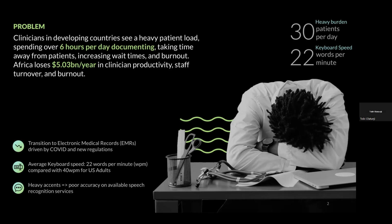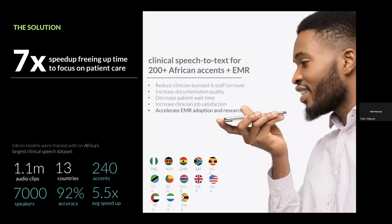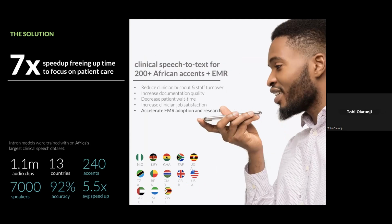There's several of them by Google, Amazon, Microsoft, but many of these systems work very poorly with African accents. So we went ahead to attempt to create our own system, and it's the first speech recognition platform that's clinical focus for African accents. And we currently support over 200 African accents today, and we can integrate our software into